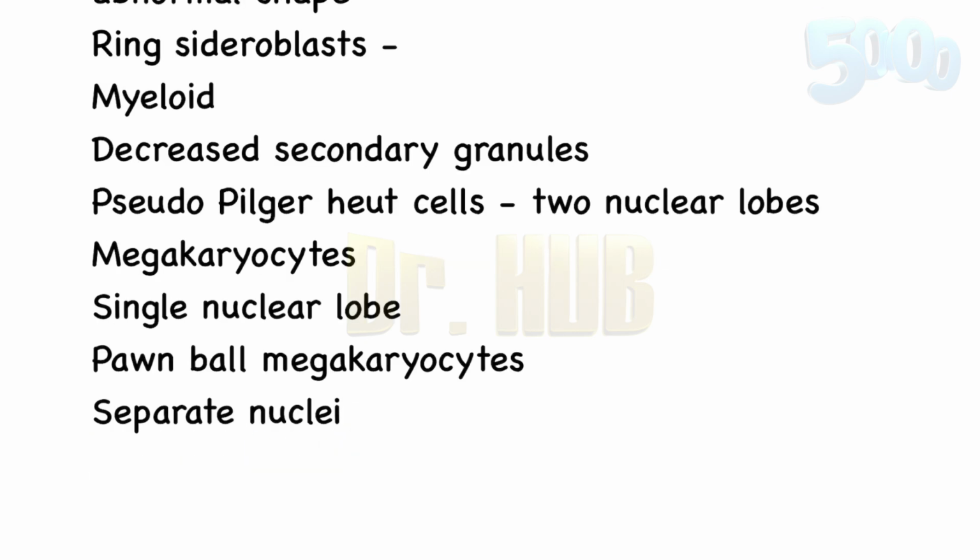And if only one lineage is affected, then it is called a single lineage dysplasia. If multiple, it's called multilineage dysplasia. And in percentage, if the ring sideroblasts are more than 15%, it is called MDS with ring